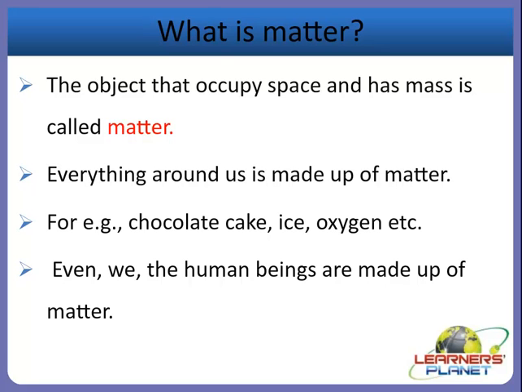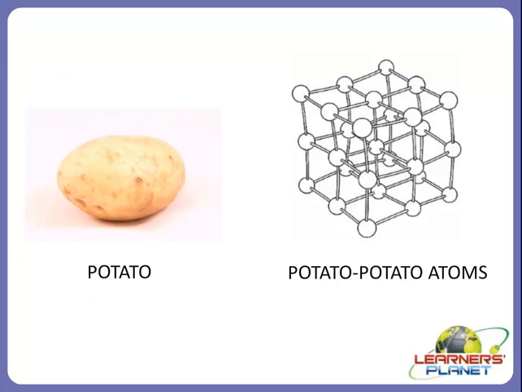So this is proved. Now we have to prove that the object has mass, right? So how can we say that objects have mass? Let's take one more example. First of all, we should know what is meant by mass. Children, mass means how much there is of an object. That means it is related to how much something weighs, right? Mass and weight are two different things. The unit for mass is gram. Always remember this, right?